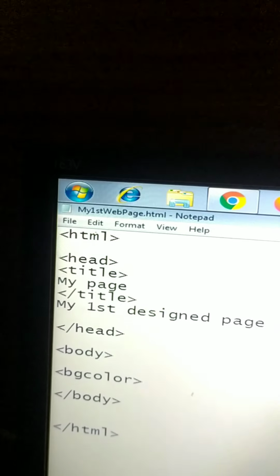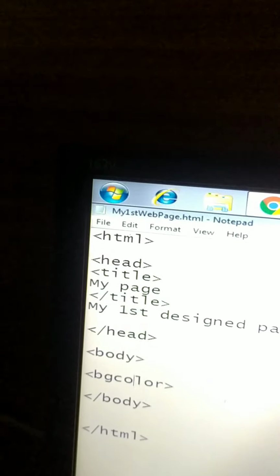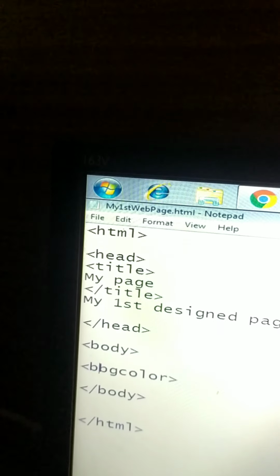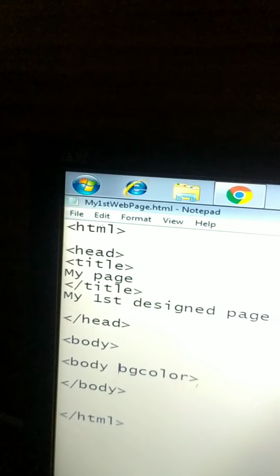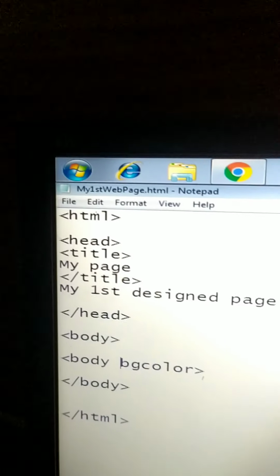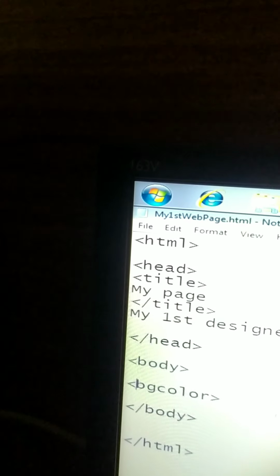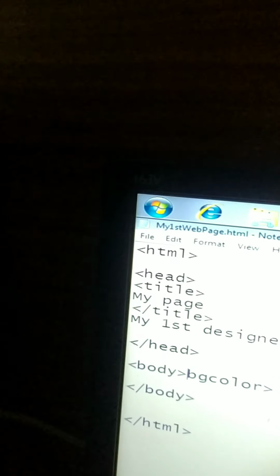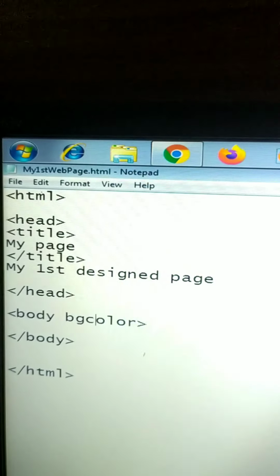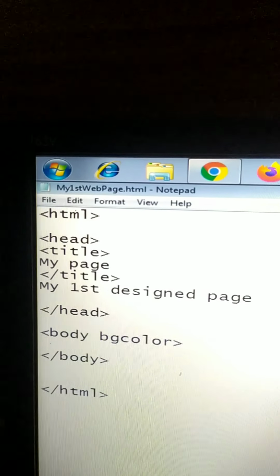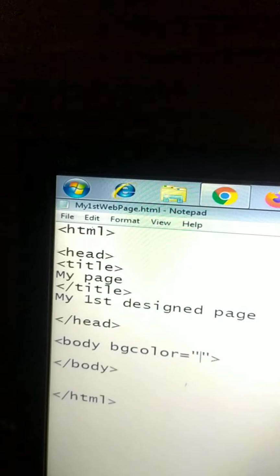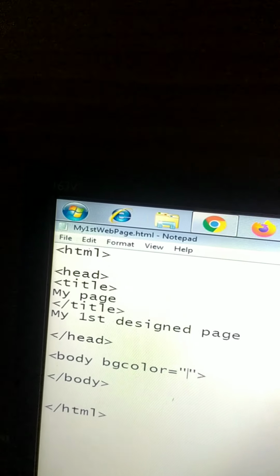For that, body BG color equal to, suppose I want to give it blue.